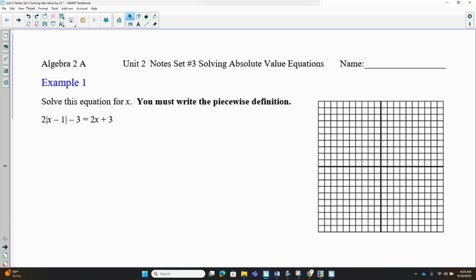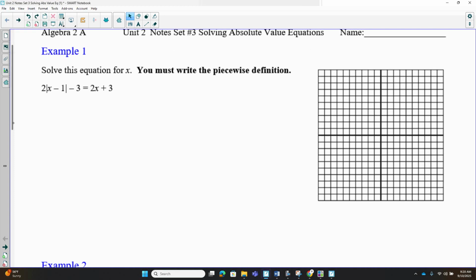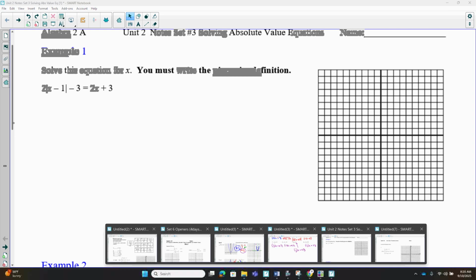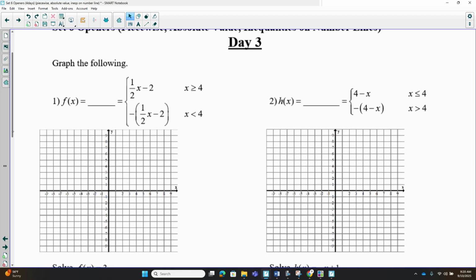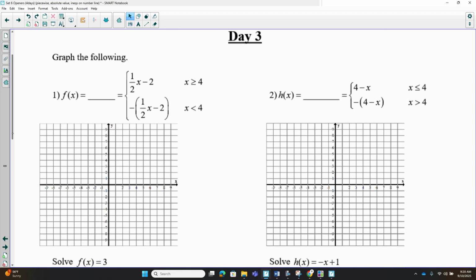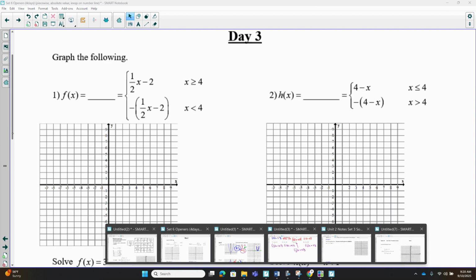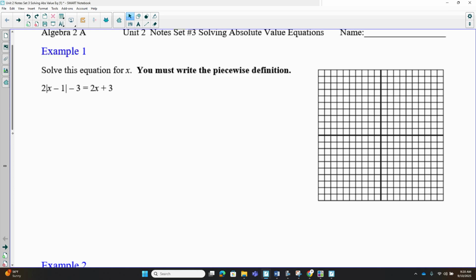We've done some stuff on this already. We've already seen it in our openers. If you take a look at the openers, we already had a piecewise definition. This right here is a piecewise definition. We are going to write that piecewise definition. We're going to learn how to write it right now using our notes. So if you want to have a list of things we do,